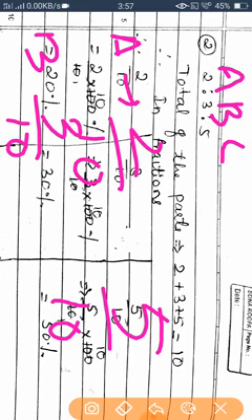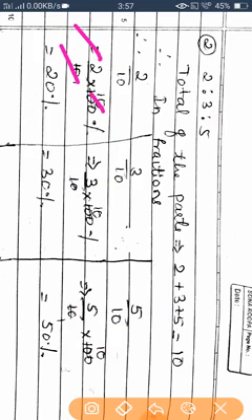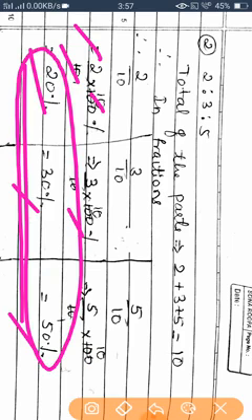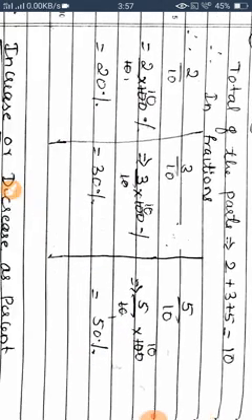That is the meaning. So if you are converting this fraction as a percentage, what you have to do, just multiply 100 with all the fractions. You'll come to know how it is. See, 2 by 10 into 100, 10 ones are 10, 10 tens are 100, so 2 into 10, 20%. Then 3 by 10 into 100, it is also tens, so 30%. So 5 by 10 into 100, it is also 50%. See, is it not 100%? 20 plus 30 plus 50. That's why we are comparing all the parts as percentages.